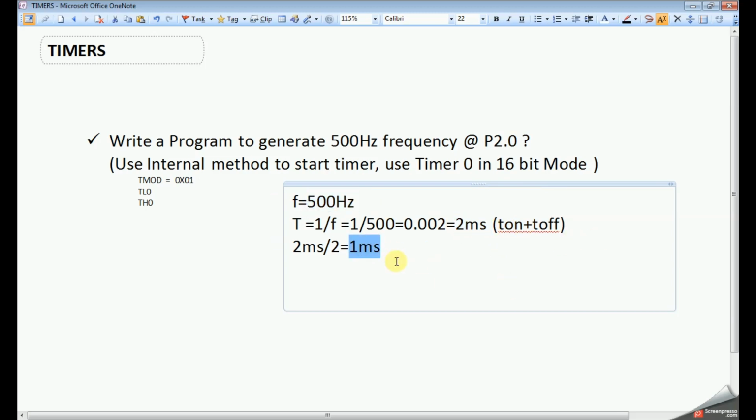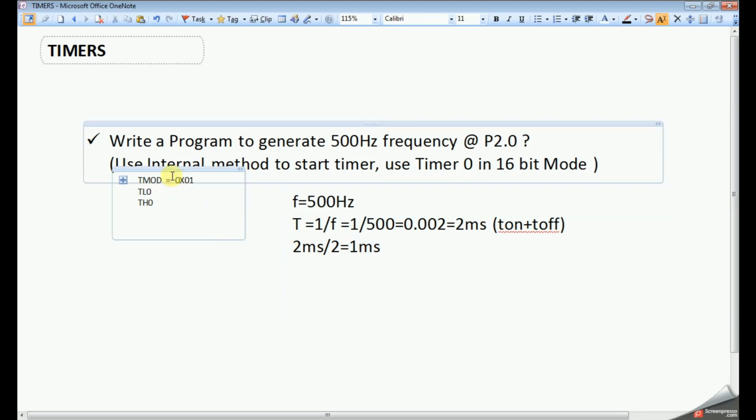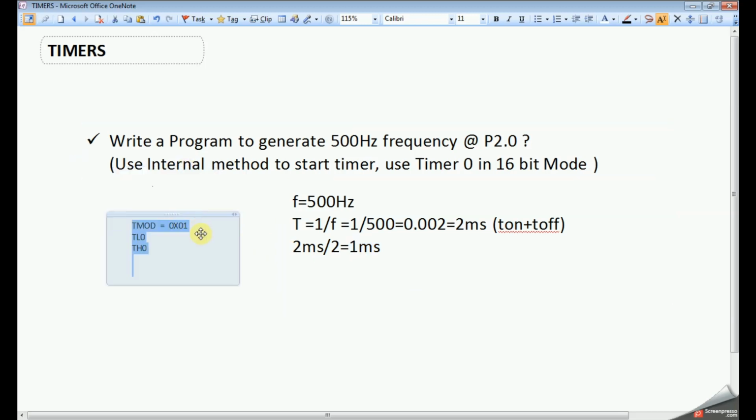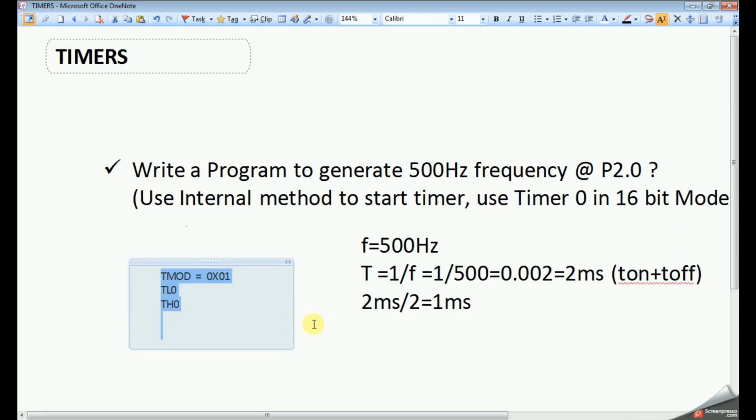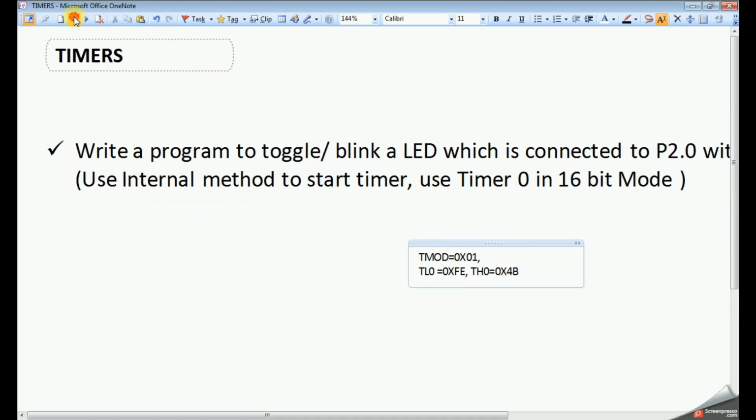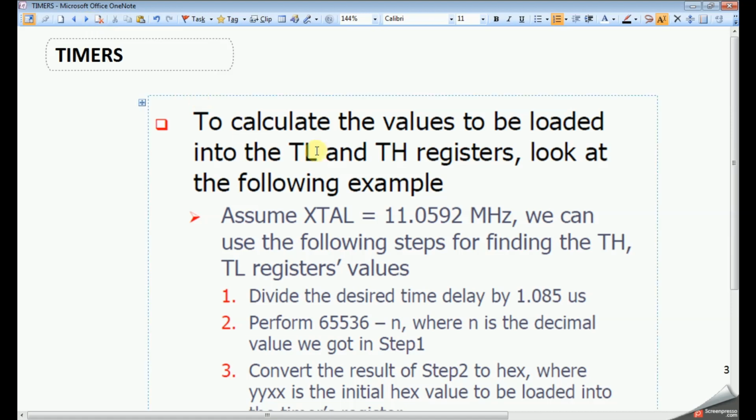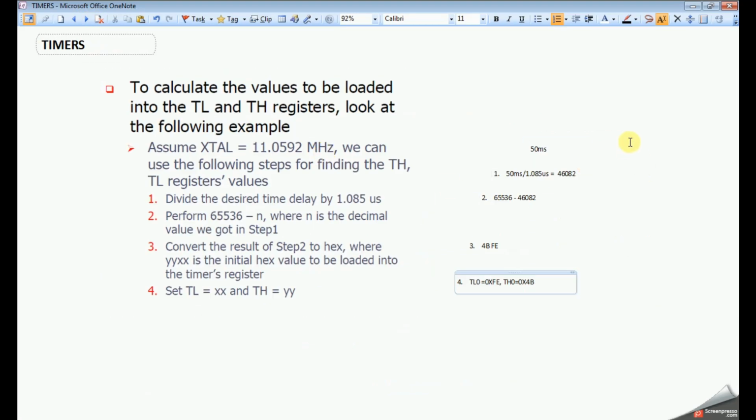So if you calculate for 1 millisecond the TL0 and TH0 values, what will be the values? As we discussed the formula, we need to do it like this. This is for 50 millisecond, which we calculated previously. So what's the first step?